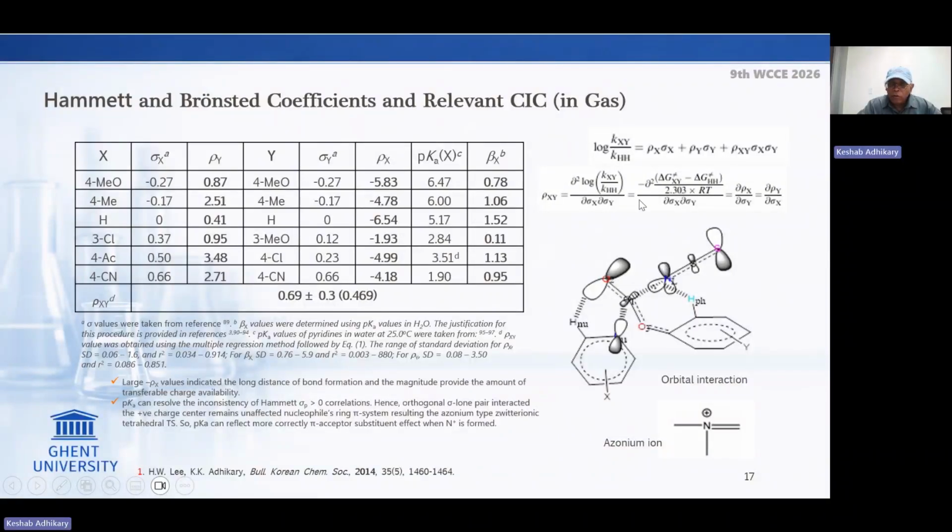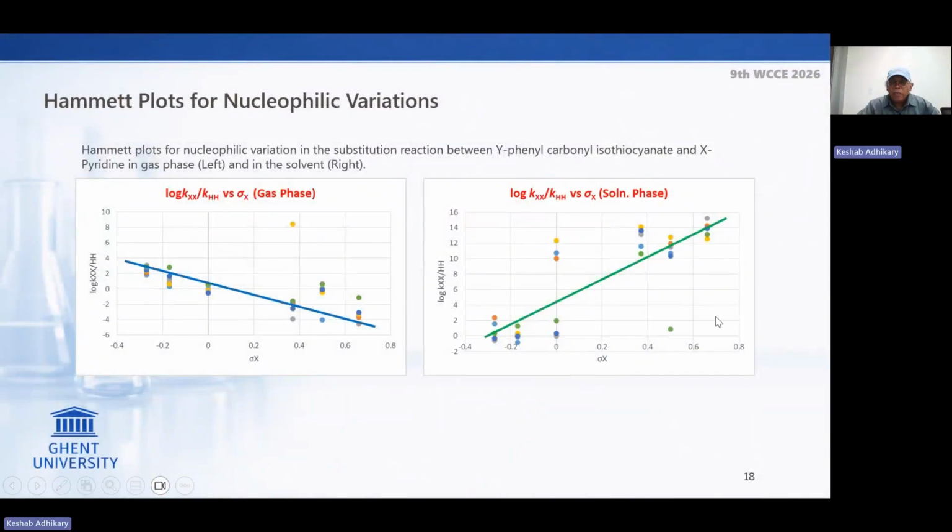And the beta X value indicates that with a more negative nucleophilic interaction, the rate of the reaction becomes much higher. That is what it can indicate. This is the linear correlation for the nucleophilic substitution rate constant we calculated,